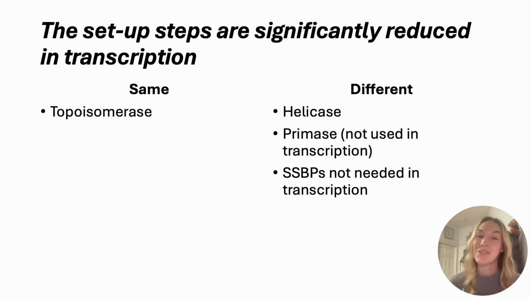Okay, some of the things are the same, and we can use some of our knowledge from DNA replication and apply it to transcription, but there's a lot of things that are different. Luckily for you, when it comes to transcription, there are fewer enzymes that you have to memorize for the AP Bio level. One of the things that is the same is topoisomerase. So topoisomerase is involved in both. It's going to ensure that there's no supercoiling and relieve some of the tension when that DNA unwinds. That's going to happen in both DNA replication and transcription.